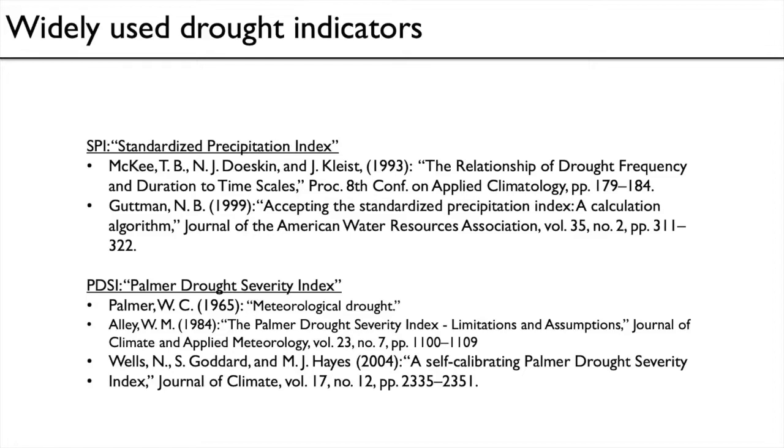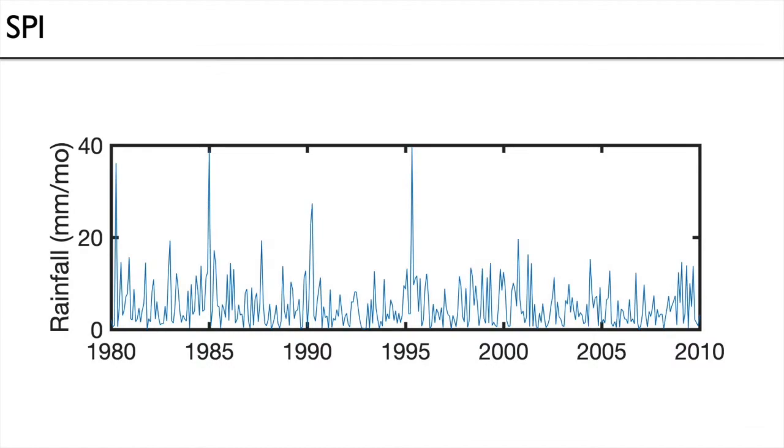You can dive into a lot more detail on the algorithms that are used to compute either the SPI or the Palmer Drought Severity Index, the PDSI. All right, so the steps for SPI to start with. So this is a simple index. It was designed to be a meaningful statistical index, so it wouldn't have weird pathological nonlinear behaviors. So it's constructed with the statistical goal in mind of being able to track drought across space and through time in a consistent way.